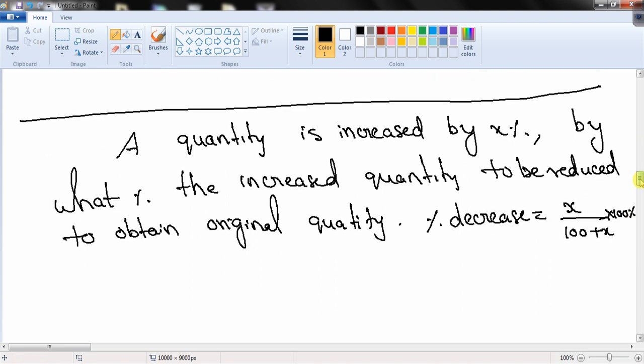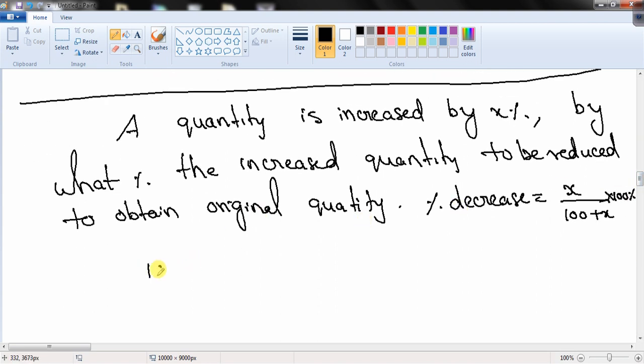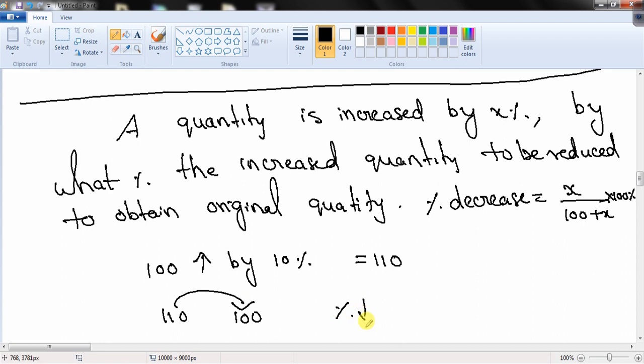For example, 100 is increased by 10%. So now it becomes 110. By what percentage should I reduce 110 to get back 100? This is percentage decrease. Percentage decrease is difference upon larger number into 100. So 1 by 11, we already learned, is 9 1 by 11%,